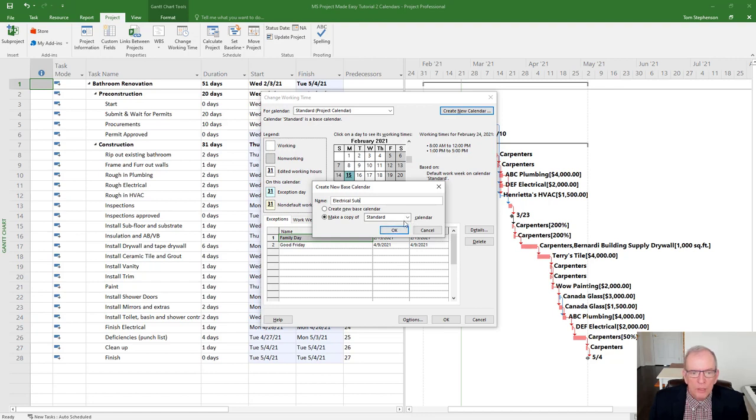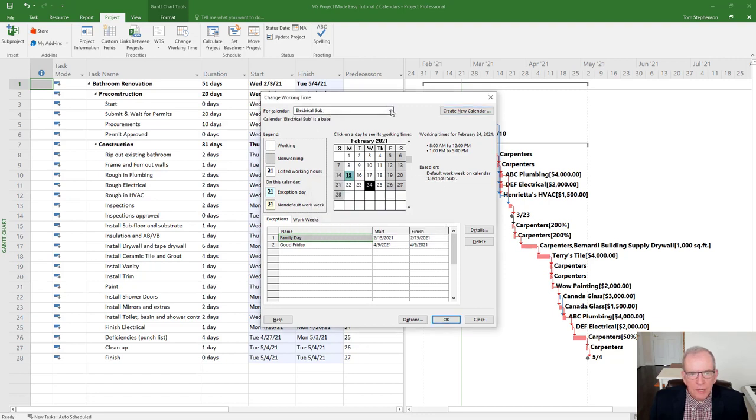But if I don't want to create that, I could go to create new base calendar, and that would be just creating that special. But let's make a copy of the standard. And you notice up here it says electrical sub. So now we've just created an extra calendar here. So we've got electrical sub. So I could, with this electrical subcontractor calendar here, I could put something special like this electrical sub